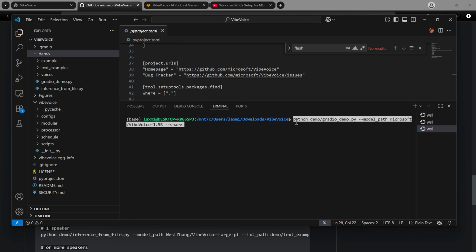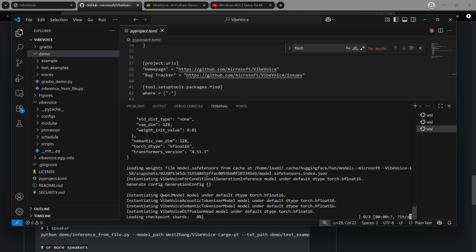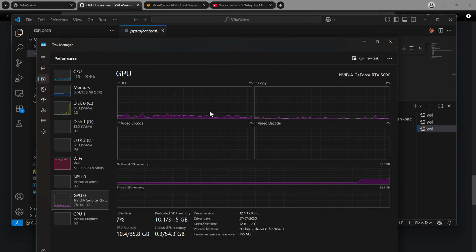All right. Then I just paste it here, Python demo, Gradio demo, and then I just simply run it. As we have seen previously, it runs successfully, and then it will give us the link from where we can run this particular VibeVoice Gradio demo application. So it has started here. It is loading the checkpoints. Those checkpoints we can check here in GPU usage. Now you can see that this is getting loaded here, and this is my GPU configuration currently.